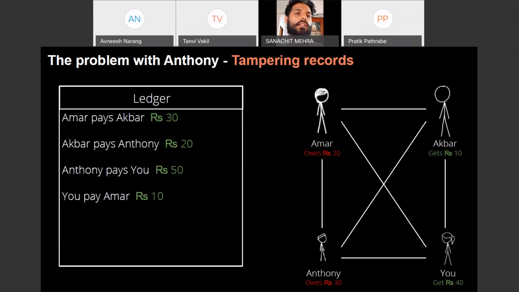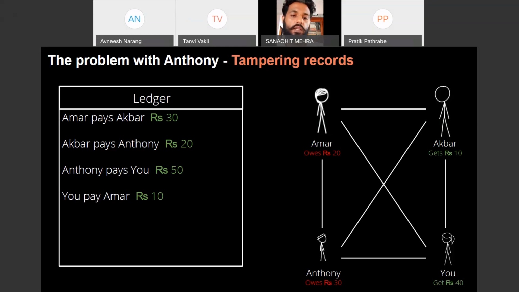hai. So what Anthony does with the ledger is he starts adding records. Because the ledger was open and there was no security, Anthony could actually tamper with the records and ensure that the records now show that everybody owes Anthony something, instead of Anthony actually ending up paying to the network. So we now need to ensure that in a totally public-private network, we have to find a way to have these bad actors